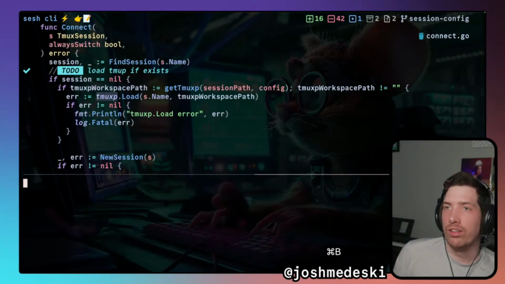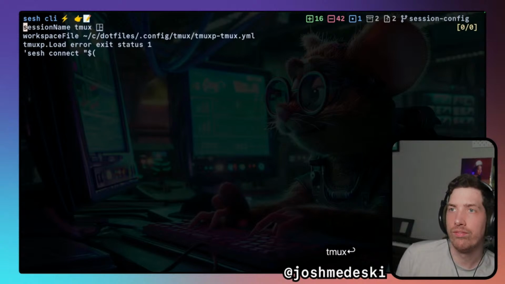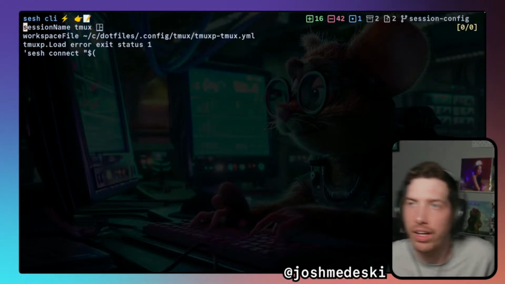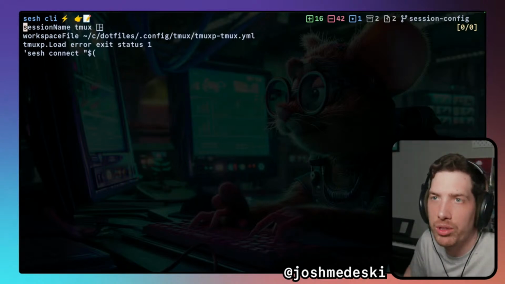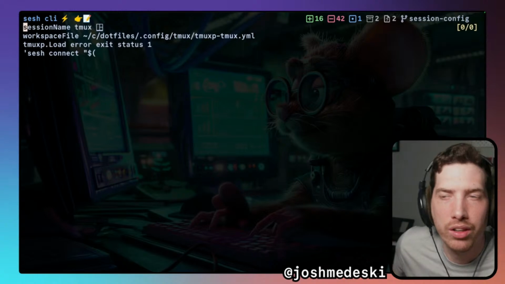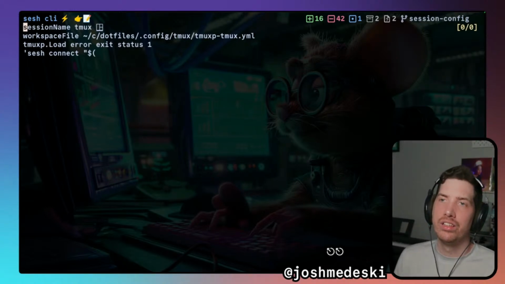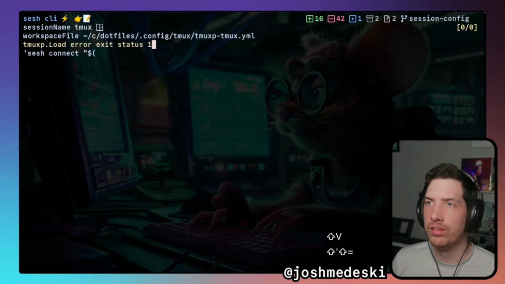All right, so we'll try this again. tmux. Error exit status 1. Right. So I need more than that from you. Go give me more than exit 1. Exit status 1. So I can do something like